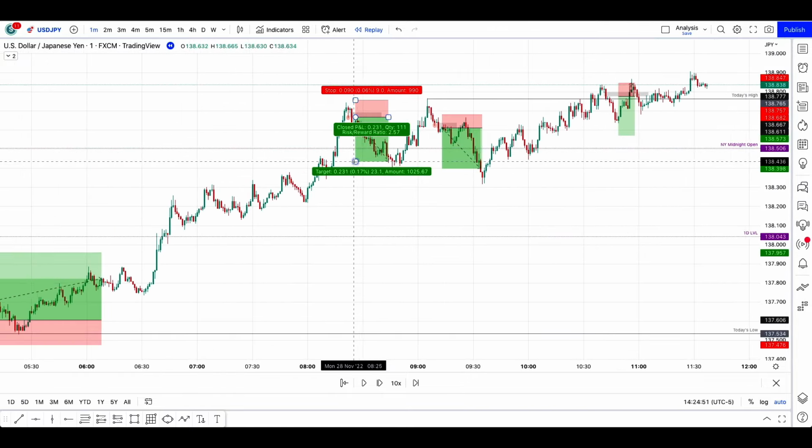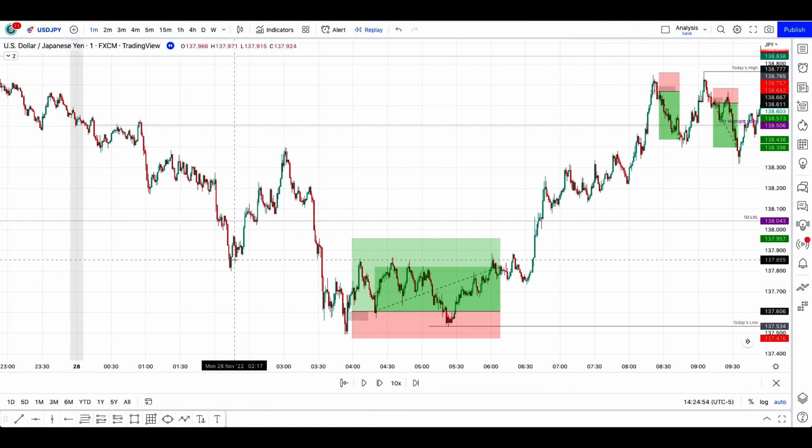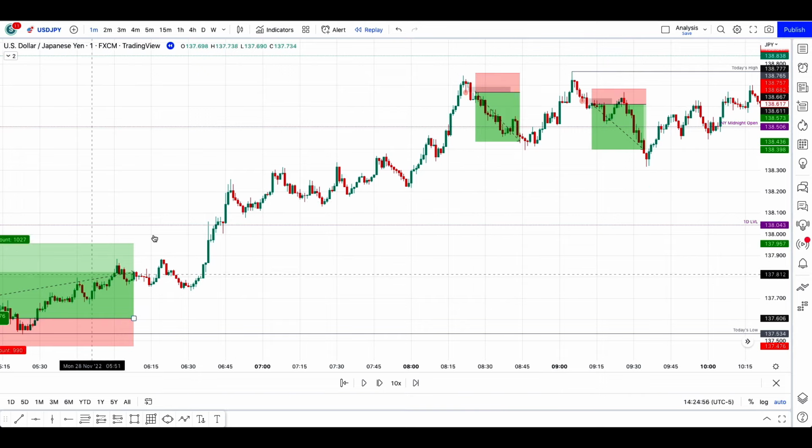So it's pretty sad that we finished on a loss, but I think overall the results were pretty good. 3 trades taken, and then